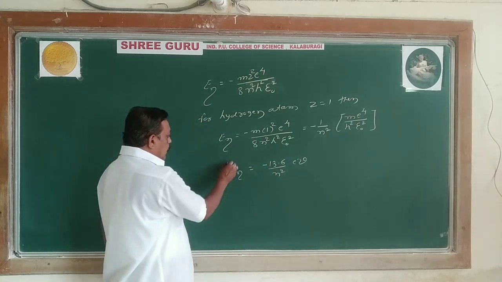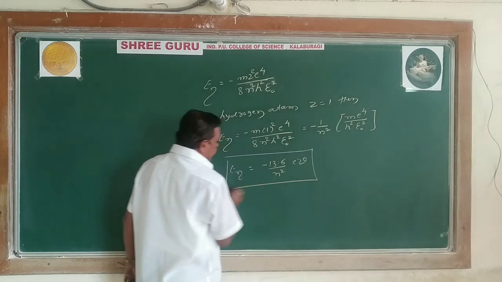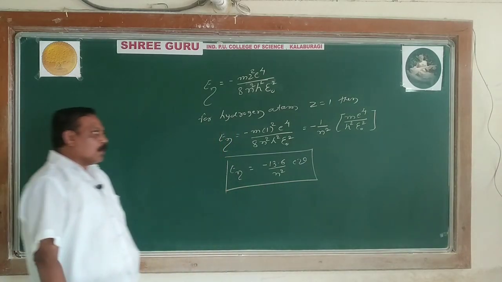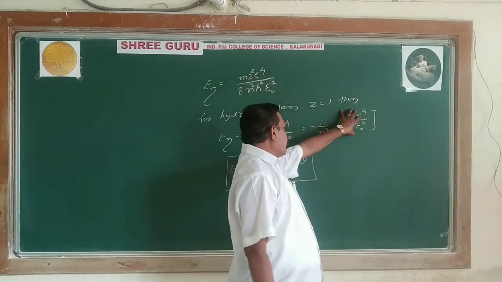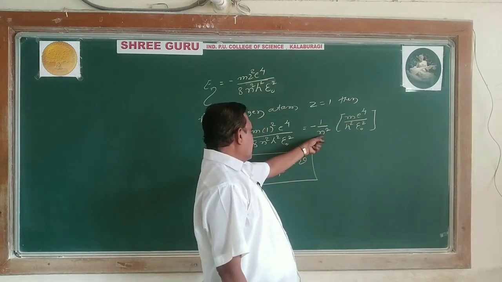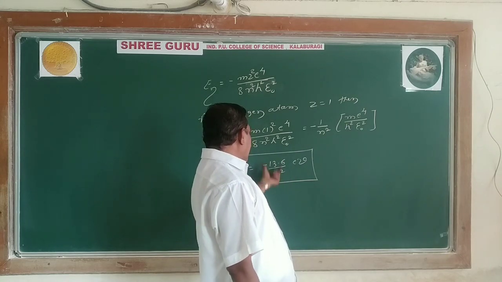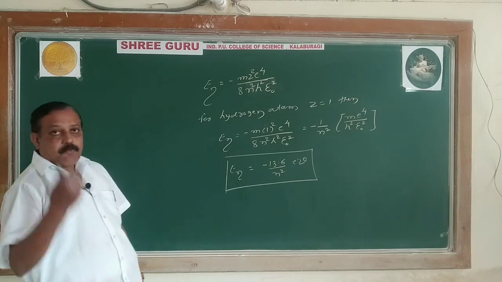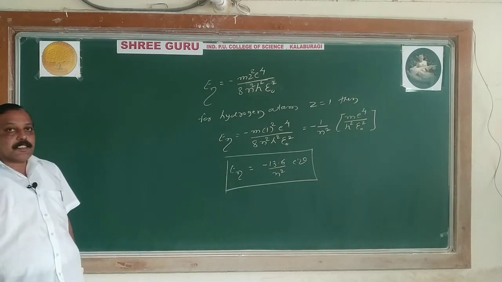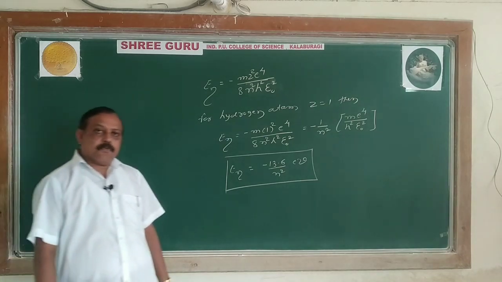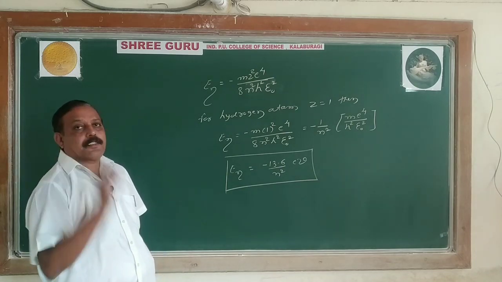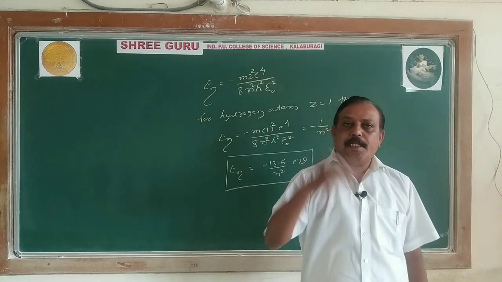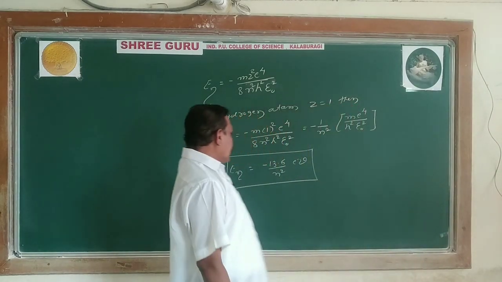So this is nothing but minus 13.6 divided by n square electron volt. Now this is our equation. By considering the hydrogen atom, Z equals 1, and substituting all the constant values, the value is minus 13.6 electron volt, 1 by n square as it is, minus 13.6 divided by n square electron volt. If I want to calculate the nth orbital energy in general for any atom by considering Z, if I take Z equals 1, that is specifically for the hydrogen atom. If I take any element, hydrogen-like atoms, then in general